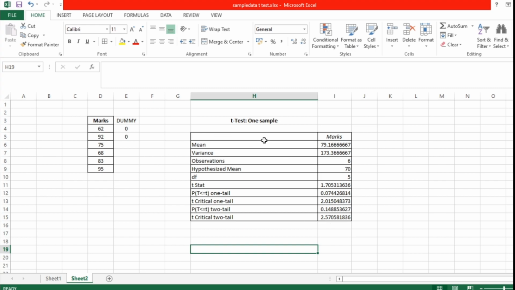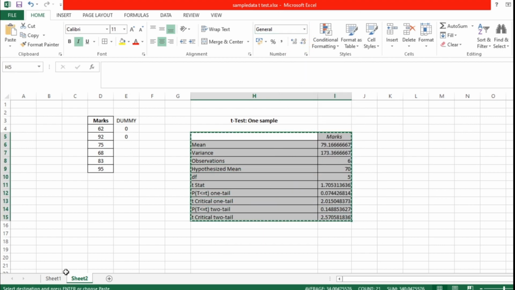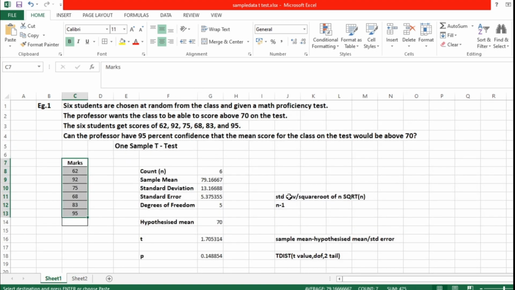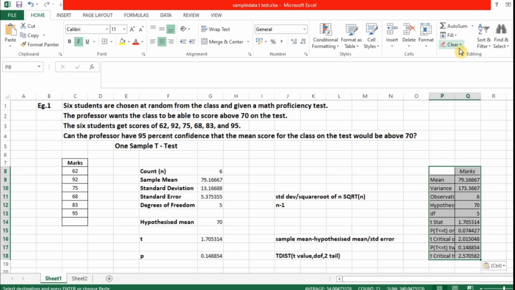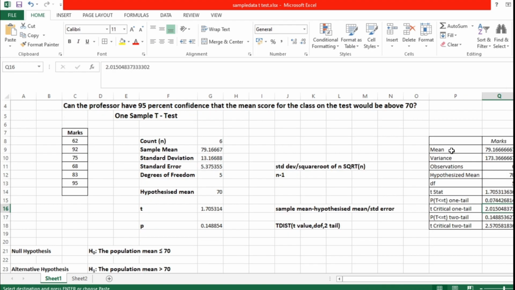So I'm just going to compare this particular result with the first. See, here I'm going to paste this. Yes, I have pasted the output we calculated with the help of the data analysis tool.